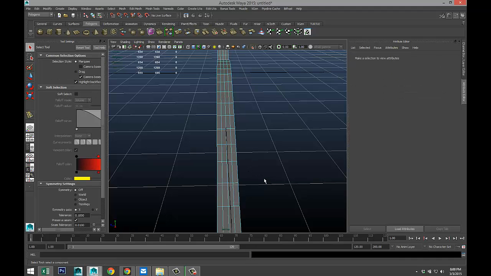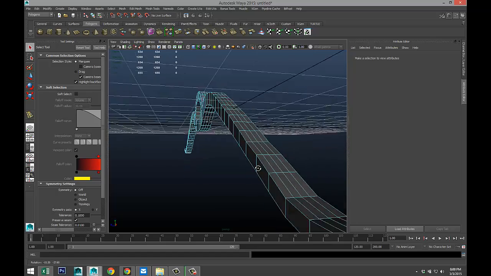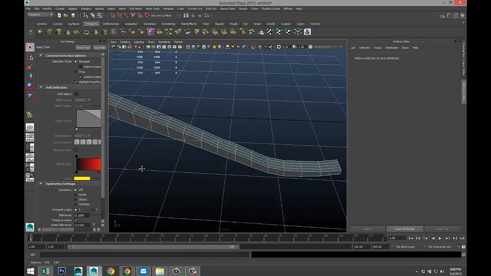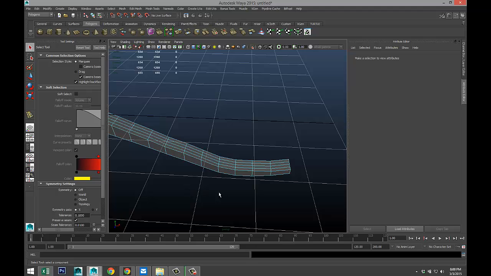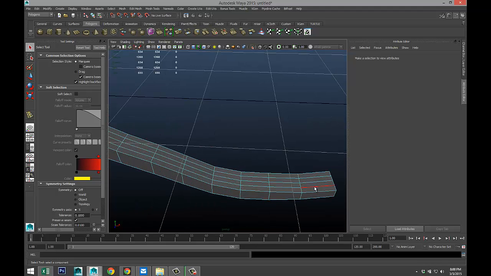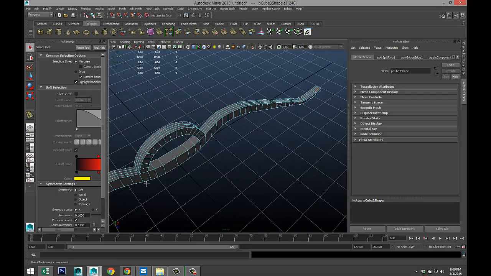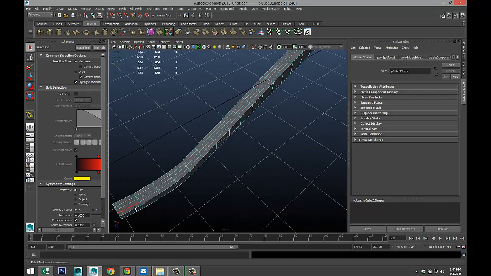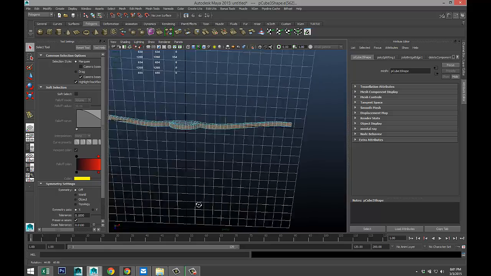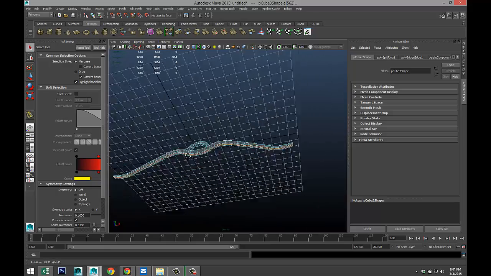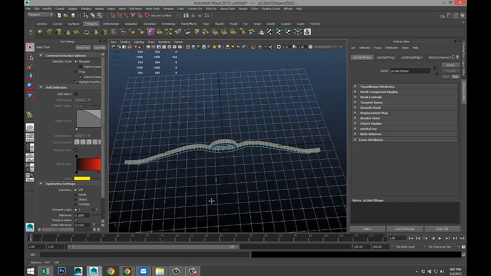Hit Q on your keyboard, and here we need to be careful, we are going to click on that one and then move over here, double click on that one, and that didn't fly, so we'll do it like that, which is good. And now we have those as well, which is kind of nice.